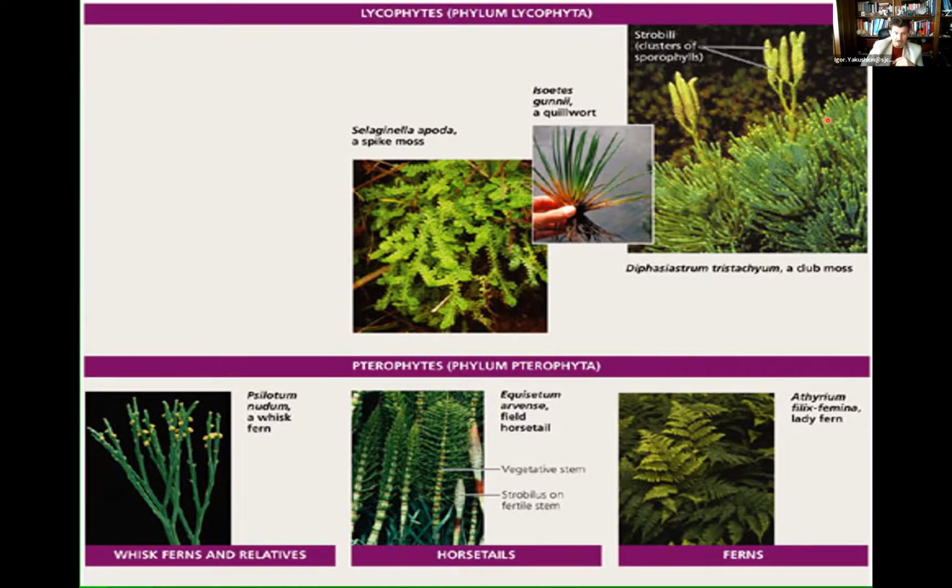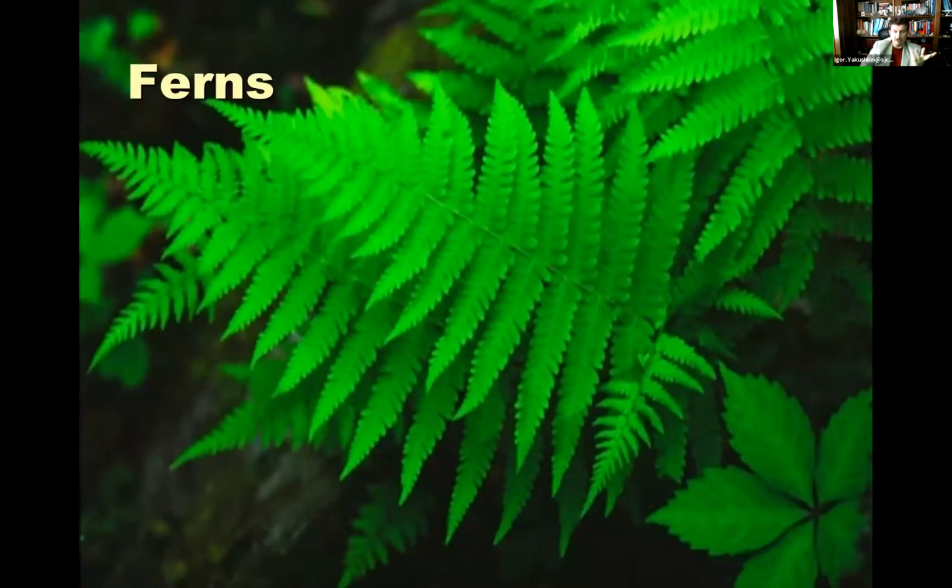And then, of course, we have something known as the ferns, and most of you have seen ferns. And then there are horsetails. I guess it looks like a horse, and they have a very interesting structure. We'll discuss that in the lab as well. So here we're looking at the fern. This particular one is a single leaf of the fern, known as the frond. It's a compound, complex leaf. This one for sure is an angiosperm, but this is the frond, so to speak, of a fern.